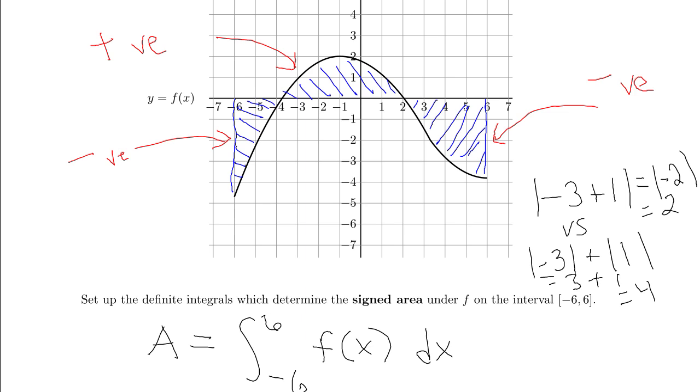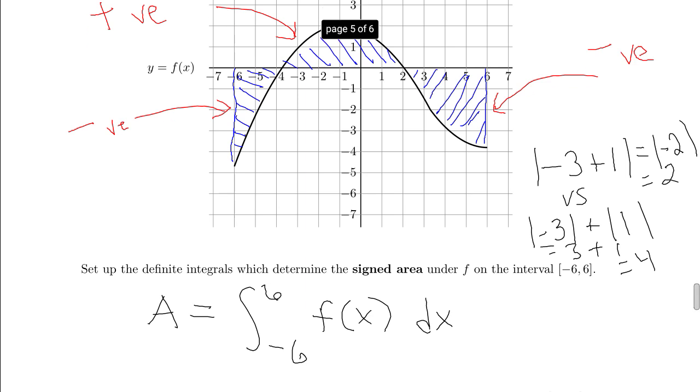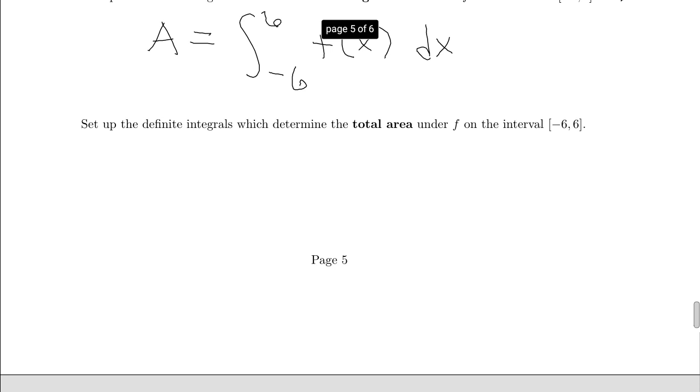So I need to actually break up my integral into the parts where it's positive and the parts where it's negative. So we can see between negative 6 and negative 4, not perfectly, but pretend like that's going perfectly through negative 4. Between negative 6 and negative 4, my area is going to be negative. Between negative 4 and 2, my area is positive. Between 2 and 6, my area is negative. And so I want to break up my integral that way. So I'm going to say that my total area